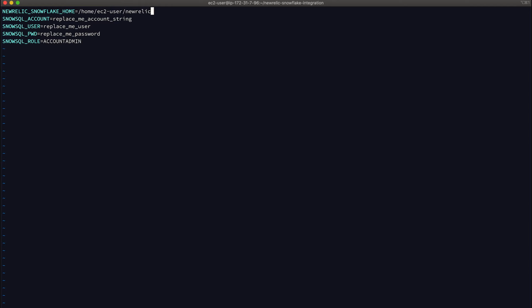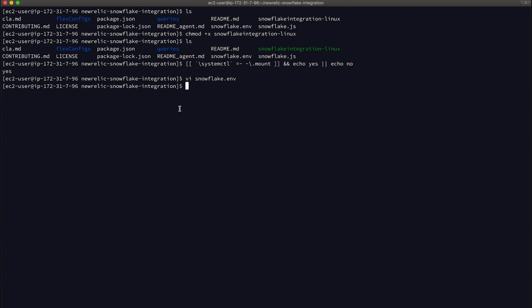So that's going to be, for me, home EC2 user New Relic Snowflake integration. You can put it anywhere that you want. Just make sure that you set this environment variable. And you need to put your account string, your username, the password, and the role for Snowflake that you are going to use for this integration. So once you've done that, you can save this file, come out, and you have this snowflake.env file.